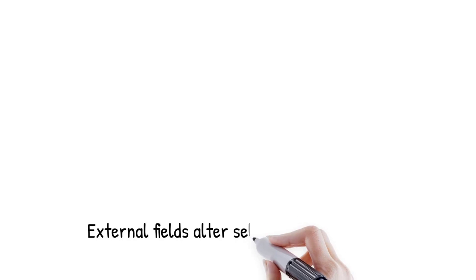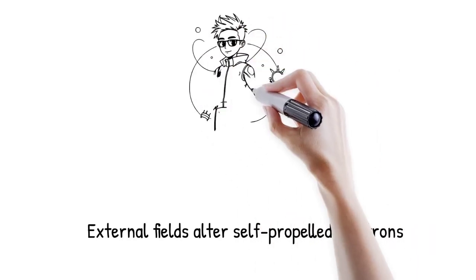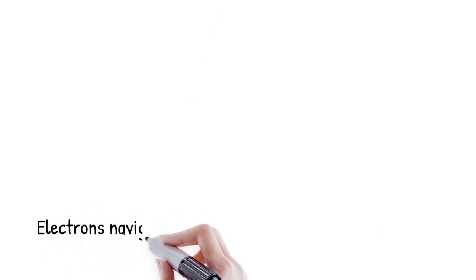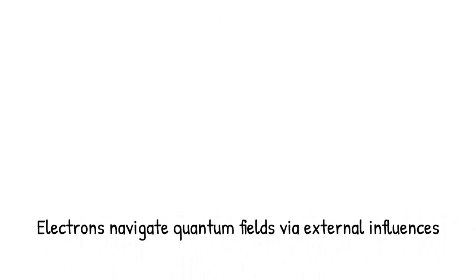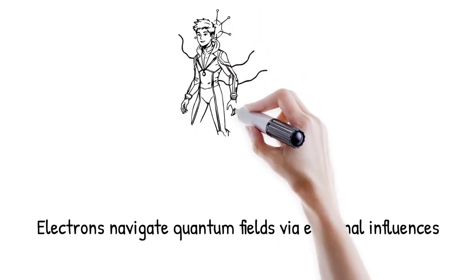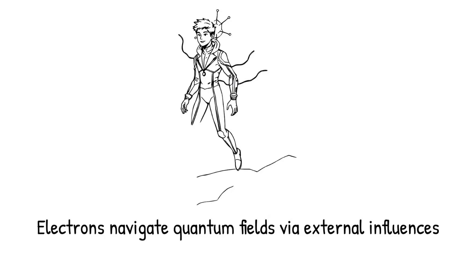Even if electrons are internally self-propelled, their paths can still be altered by external fields like magnetic and vector potentials. The Aharonov-Bohm effect demonstrates that electrons react to potentials even in field-free zones. This suggests that external influences modulate phase or trajectory without adding energy. Such phase-dependent steering mirrors how nanomotors are directed using electric fields or gradients. Electrons may thus be navigators in a quantum field landscape, rather than passive responders.